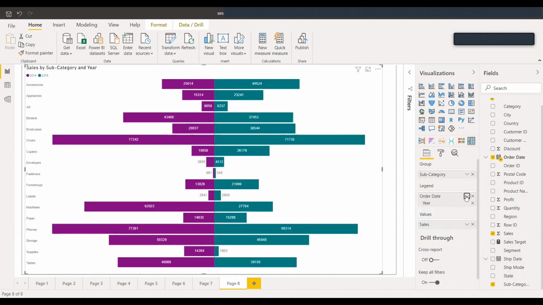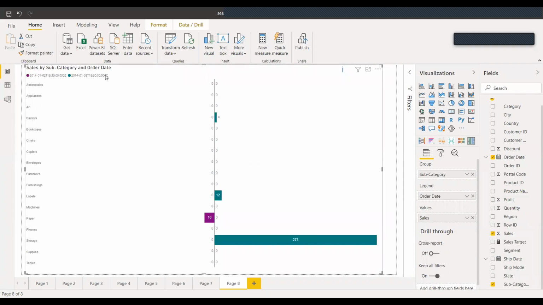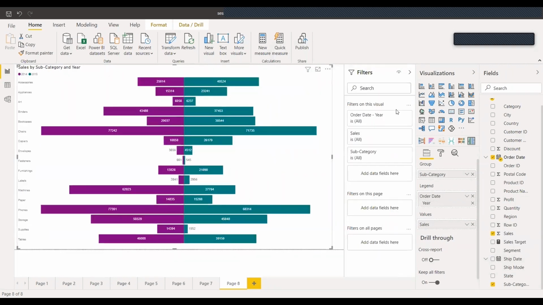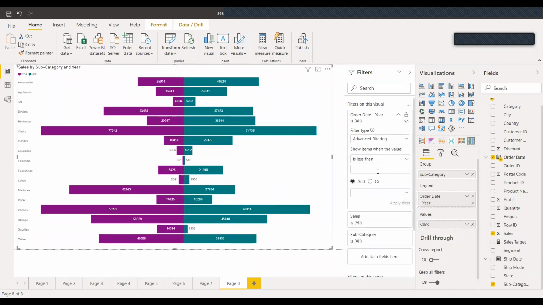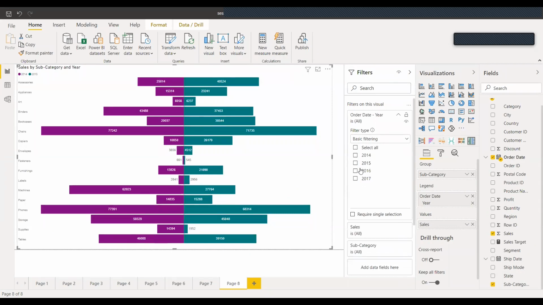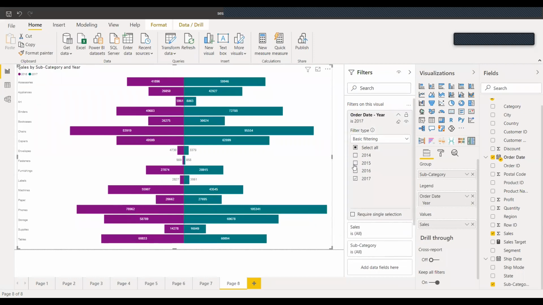Yeah, so the issue was here: whenever you use a date field in any place, it will give you the option of date or date hierarchy. By date, it means the exact date. But when you go by date hierarchy, it will compare based on the years. But if I just see what years I have, it has these 4 years from 14 to 17, but it's currently showing 14 and 15. If you want to change, one way of doing it is you can change it from this filter. So let's say we get 16, 17, or we want 15, 17.